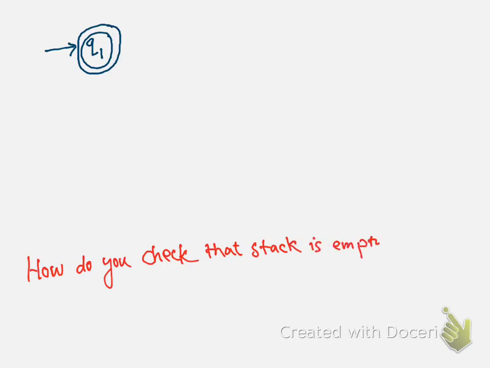If my string is not epsilon, what we have to do now: as soon as we see an A, we have to push it on the stack. On seeing a B, we have to pop it, and at the end we should see the stack is empty. So how do you check that the stack is empty? You should have a mechanism to check that the stack is empty. So how do we actually do it in a pushdown automata? It is at the very beginning.